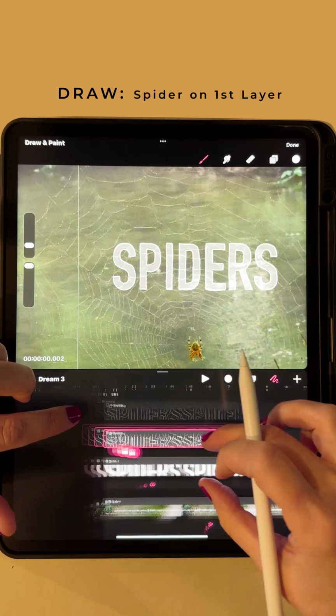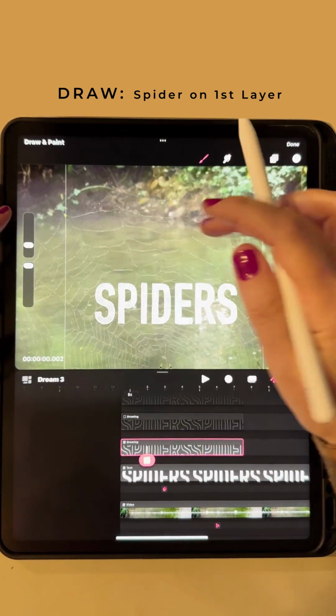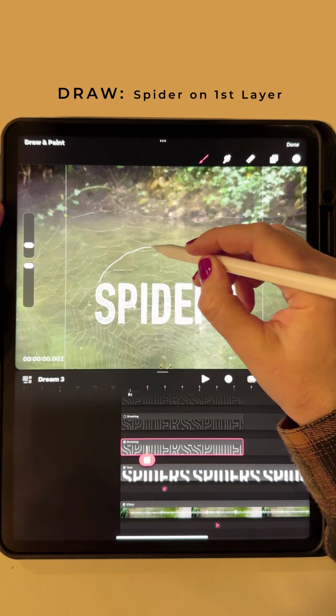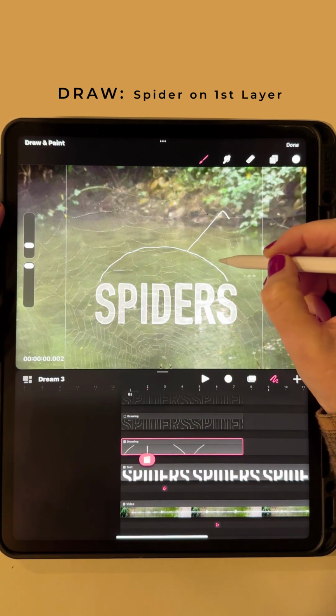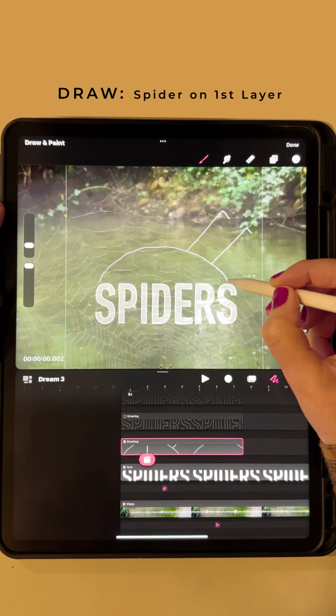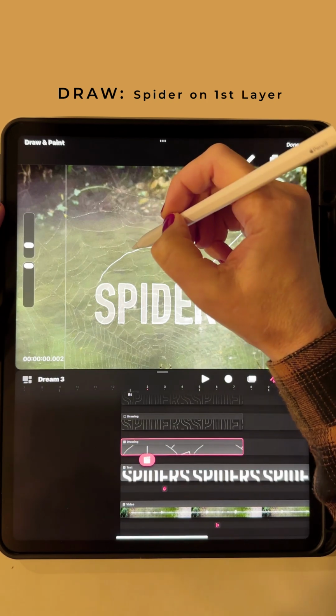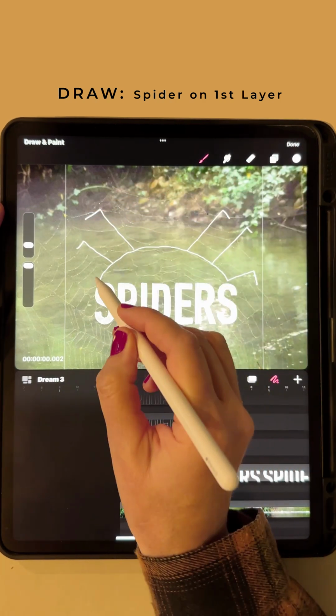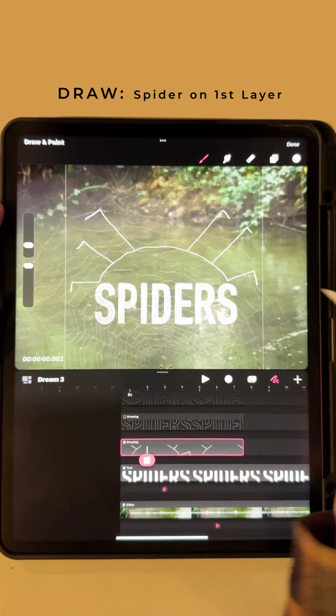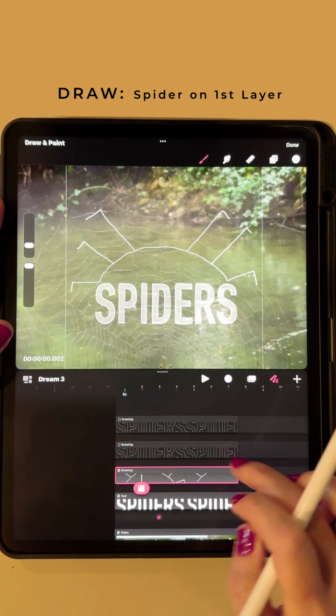Now, to make this title a little more fun, you're going to go back to your first layer, okay, with your brush, and you're going to draw a little spider body with some little spidery legs, and you can do anything. You can do arrows, circles, shapes, whatever you want to do, whatever's appropriate for your title. But in this case, we're trying to spice up the word spider, and so we're going to draw this little